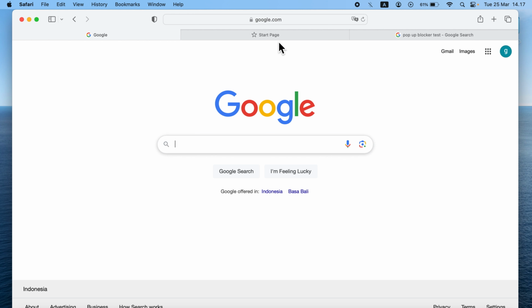How to block or allow pop-ups on your Safari for your Mac. So right here, after you open your Safari, and for example, I want to block the pop-ups on Google, and then after you open the desired website that you want to block the pop-ups on, you want to go to